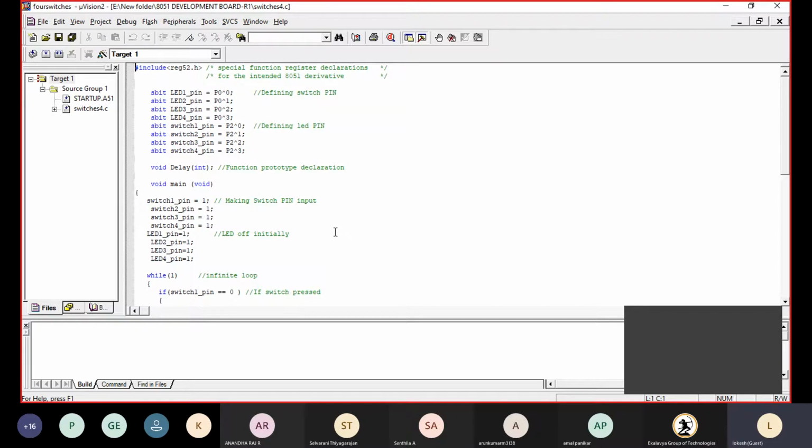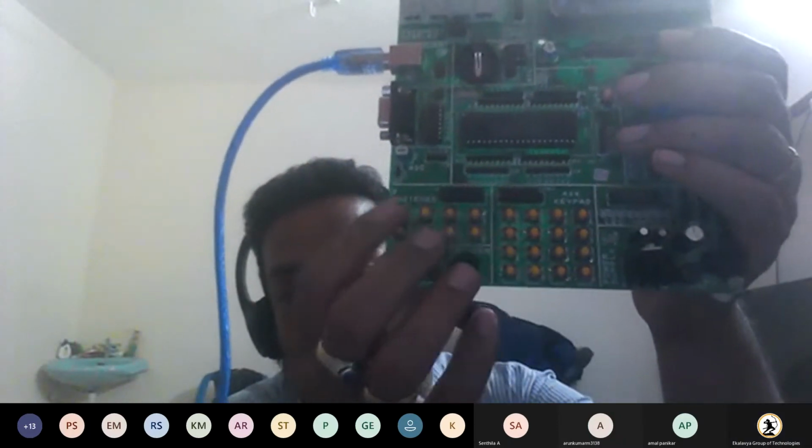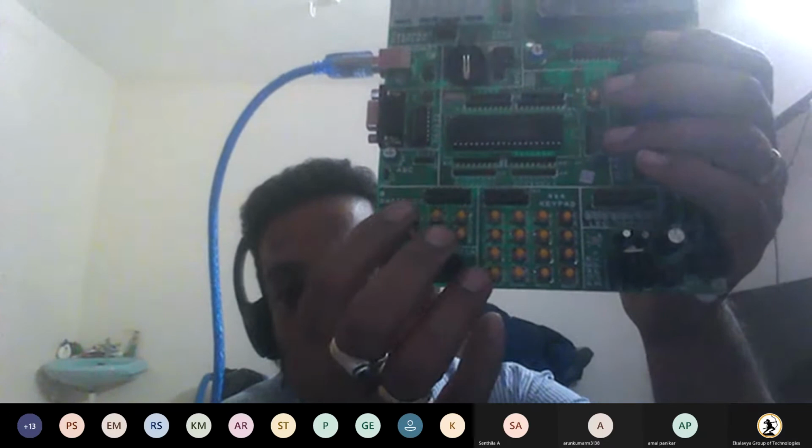Let me show you on our microcontroller board. The yellow ones are called the switches.